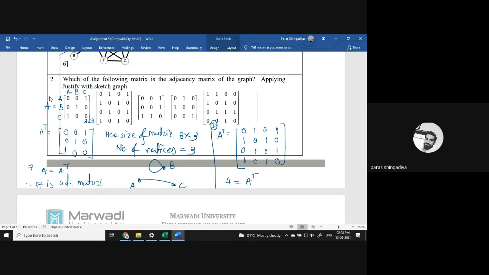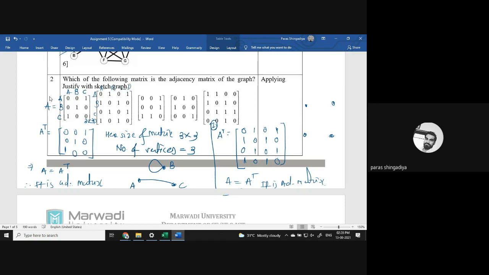Okay, both are equal. There is no difference between the two matrices. So what is the meaning of that? It is symmetric, and therefore it is an adjacency matrix. Okay. And now we'll create a graph. So what is the size of the matrix? A 4 by 4. So how many vertices will the graph contain? 4. Okay. And let's connect them. You can keep the notations on the matrix here if it is required, and you can also create a direct answer.